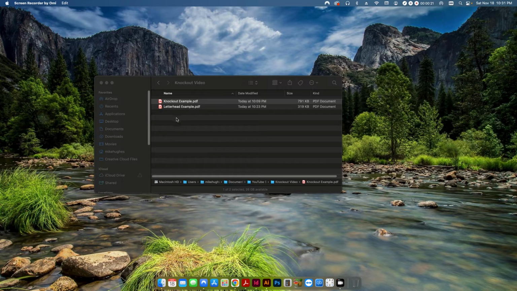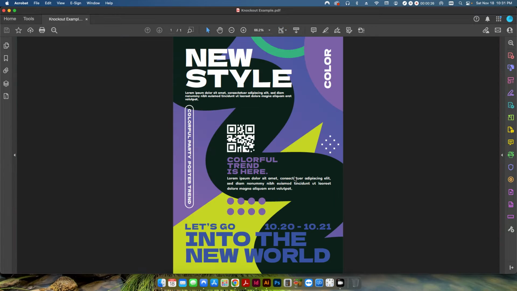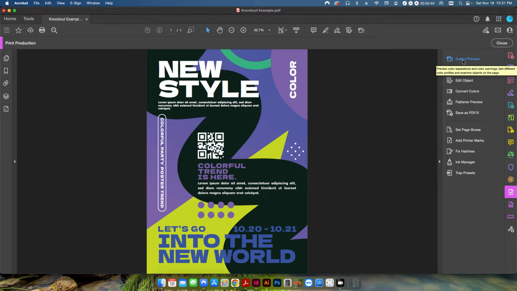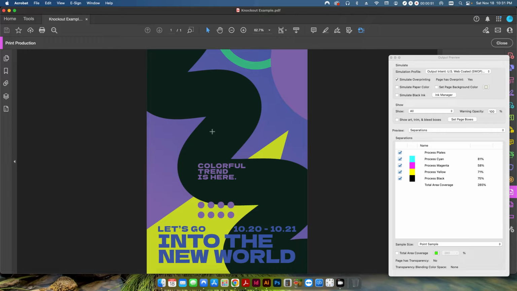We'll get to the letterhead one later, but we're going to open up our knockout example, and if I expand this out you can see it's just a simple 8.5 by 11 flyer that has some text in white and some other colors as well. So if I click on the output preview, which you can also get to in print production, once I click on it, you'll notice immediately that the text that is in white